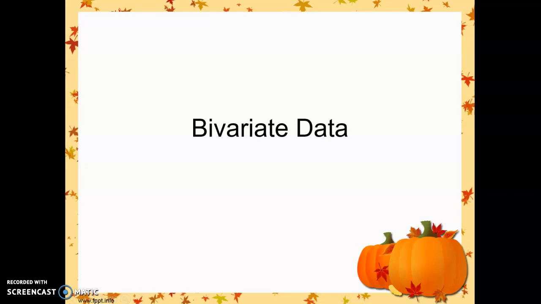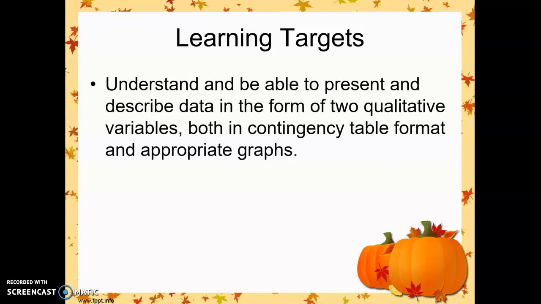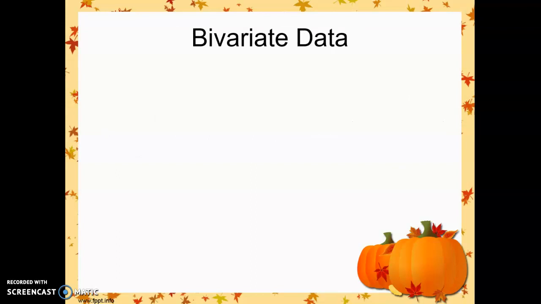As we move on to our last chapter in our coursework here in math in STAT200, we're going to be looking at bivariate data and trying to examine relationships between sets of variables. And so in the first lesson of chapter 3, we're going to be focusing in on those bivariate variables that can be represented in a contingency table or a two-way table, where we have either two categorical variables,